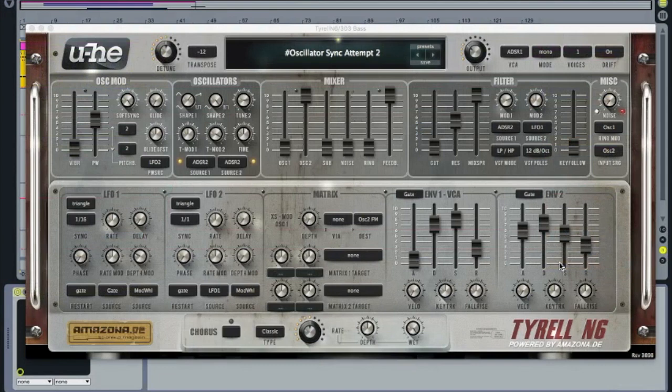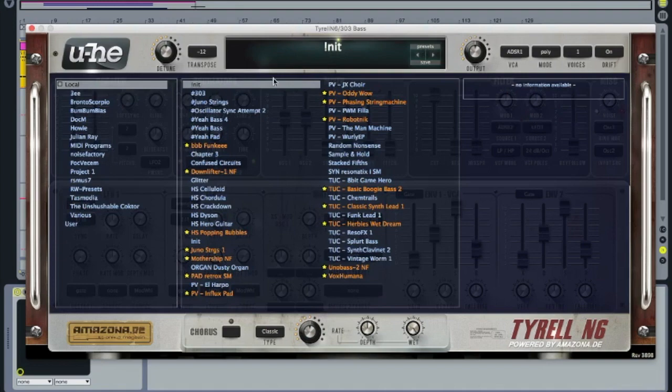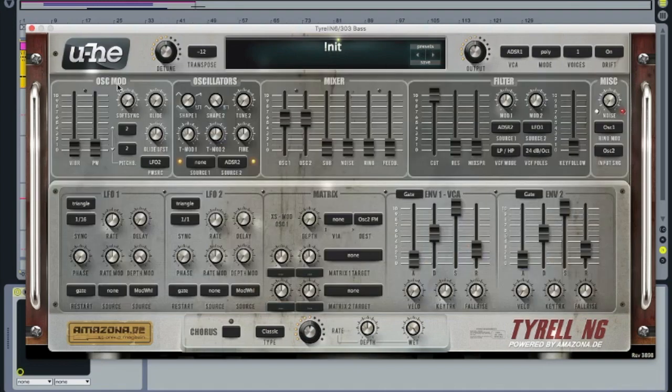Okay, let's take a look at our Oscillator Sync, which is this sound. Okay, so how did I create that? First, let's init the patch, and we'll go across to Oscillator Mod, and we have our sync button. So we turn this all the way to the right, and we get a hard sync. So what that has done is slaved Oscillator 1 to Oscillator 2. And if we play it,